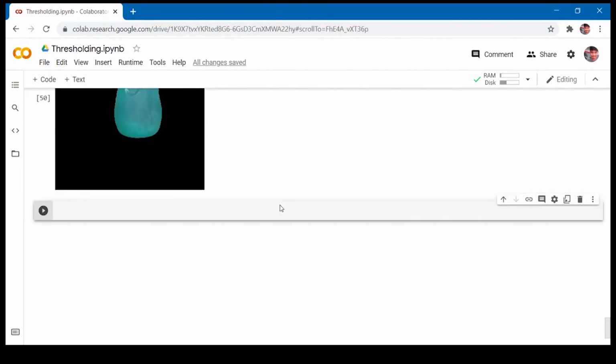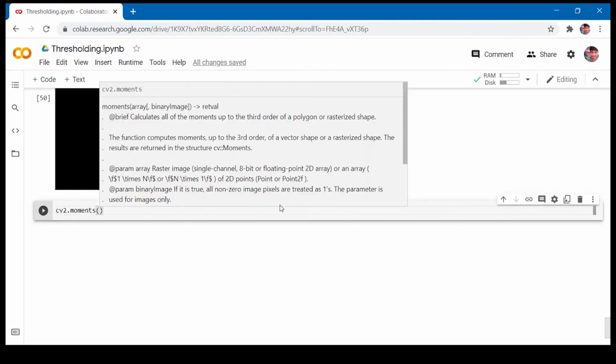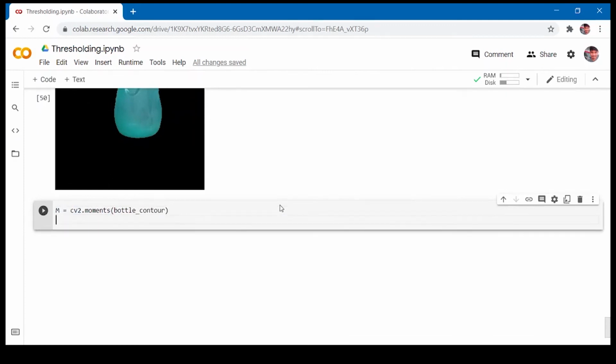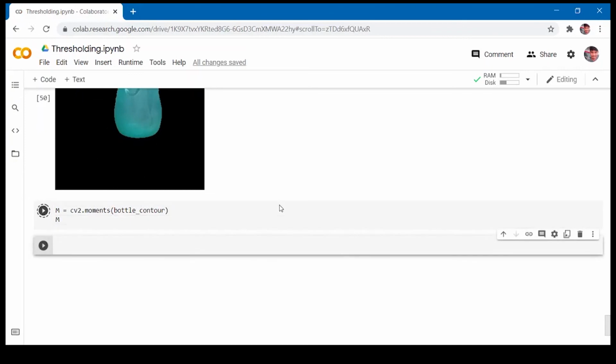Now to calculate the centroid of this bottle, we have to find the moments of this contour. For that we have a function called cv2.moments, which takes a contour as an input and returns all the moments of that contour. Here we need to pass bottle contour and we'll collect the moments into m and try to print m.